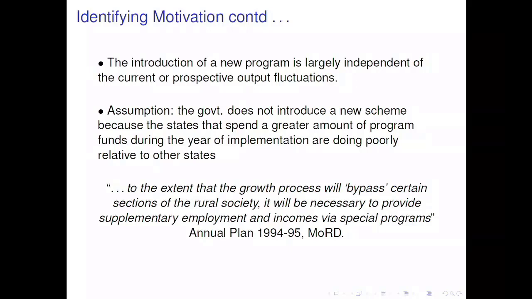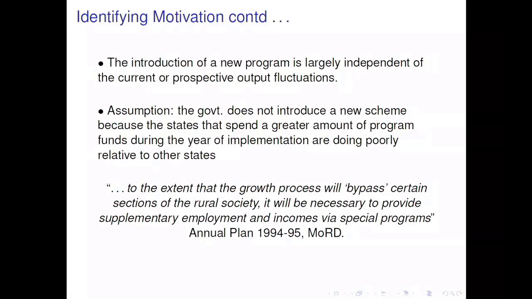And we'll see that the shock series that we'll construct is quite orthogonal to these features. In fact, again, to break the suspense, the regressions that we do control for state fixed effects, year fixed effects, and so on. But if we really think our shock series is exogenous to output growth, etc., then our results shouldn't change much even if we drop these fixed effects. And that's exactly what we see as well. And that's very important. If you're really motivating something as exogenous, it shouldn't matter whether you're having fixed effects or not.